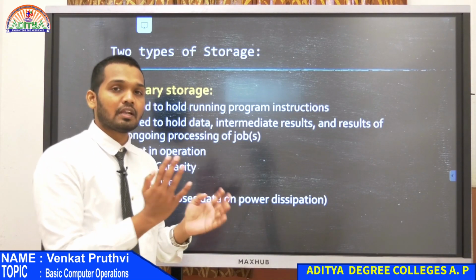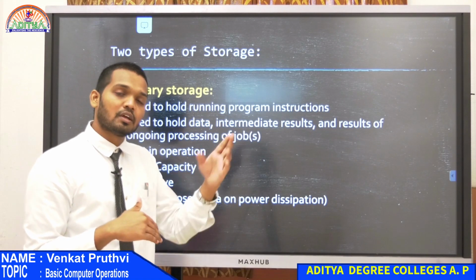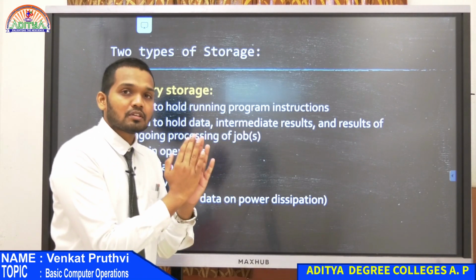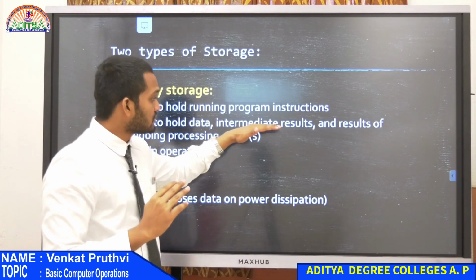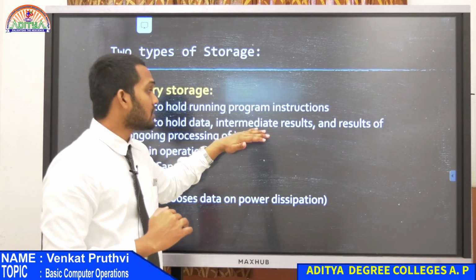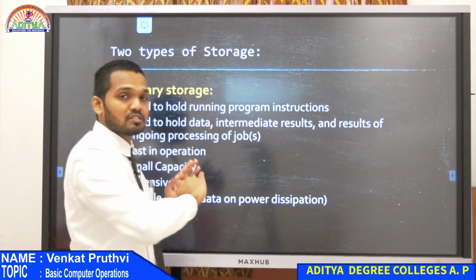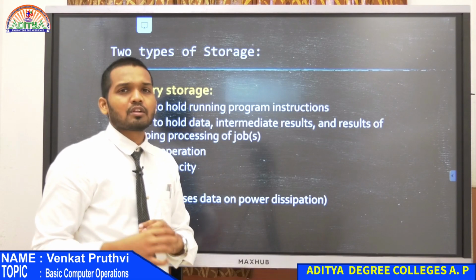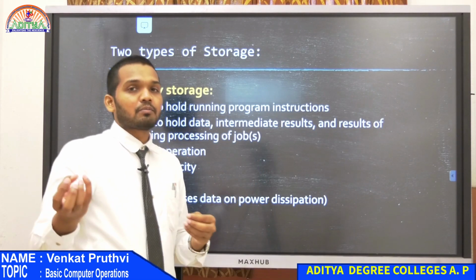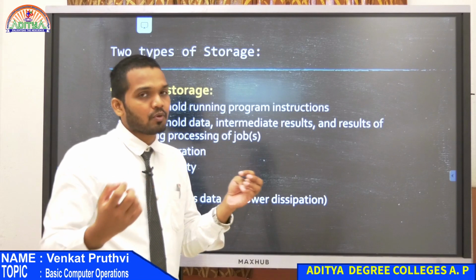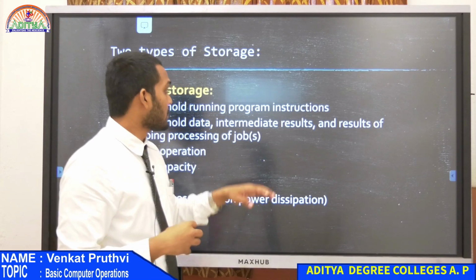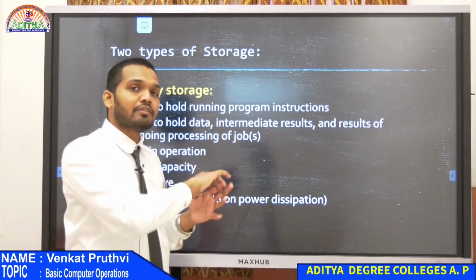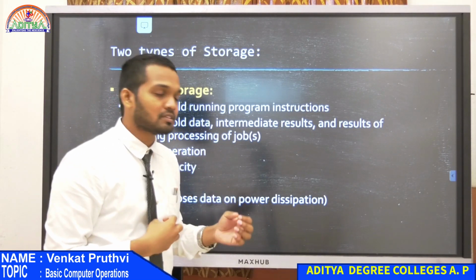Say a task is 50% done, and it requires some other user input; it will go back and get that data from there. Until then, that 50% which has already been processed is your intermediate result. That intermediate result is stored in your primary unit safely. After the input is given by the user, or whatever additional requirements the CPU had for that task, once it acquires all those resources, it will take back the half-completed task and perform the whole task with the complete requirements it had.